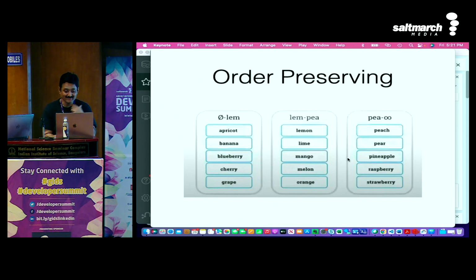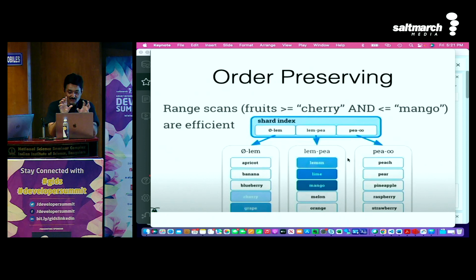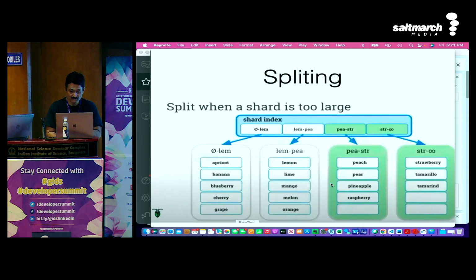Now if I add something else on top of it, I'm just going to add it in one location itself. Melon and other things I'm adding. So I can actually ask for a query, I want from cherry to mango. Only that query is returned, which is in different segments for us. So it makes the indexing faster without resharding the data. The advantage of this is the splitting also becomes much easier. Now you can split the data and it becomes much easier.